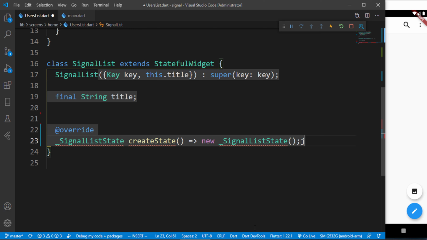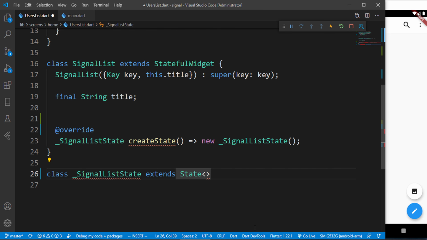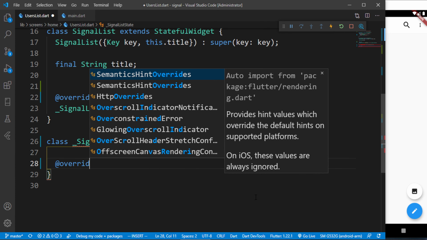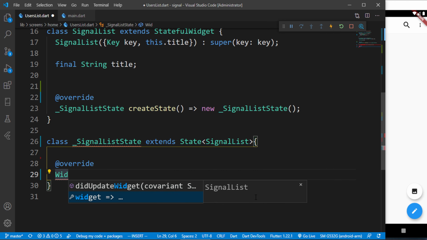And here we can now create a class called SignalListState. When you create a class, we can now extend that class to our state, and it's going to accept the SignalList. And when we close that, we can now use the method